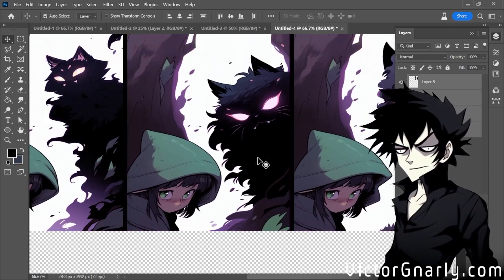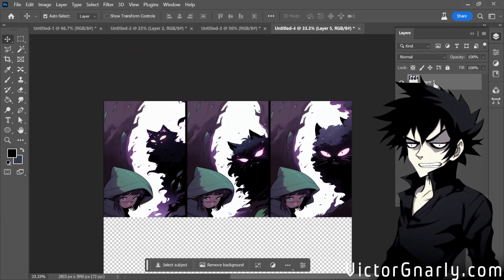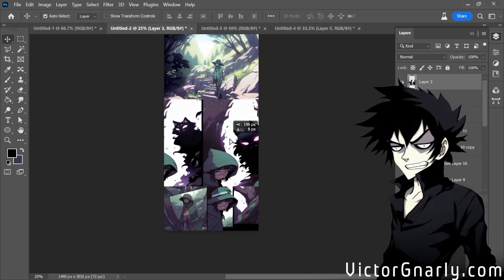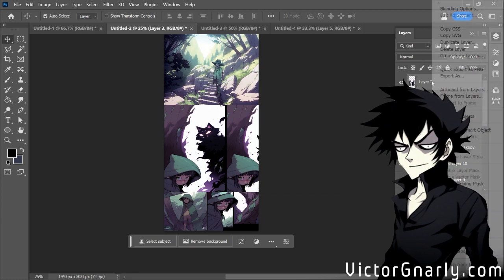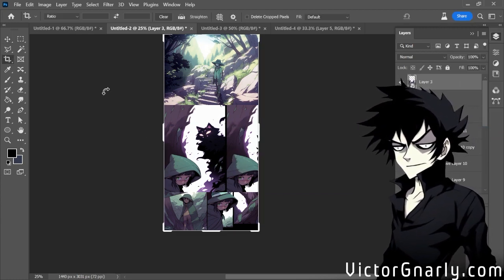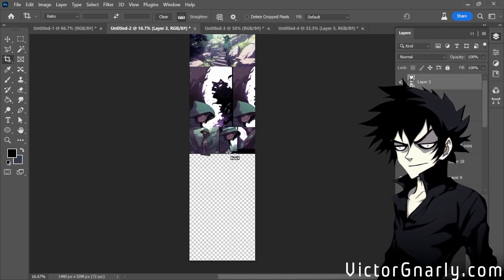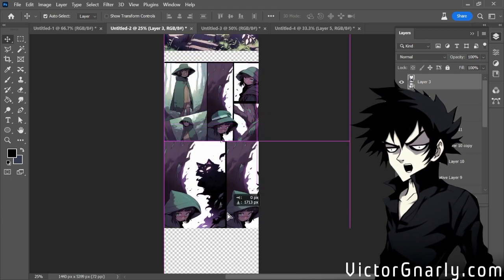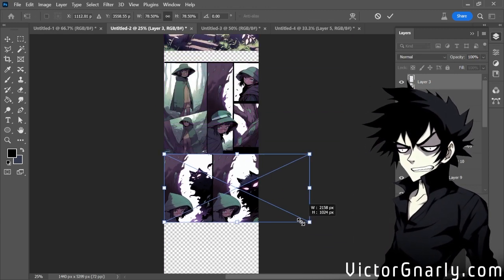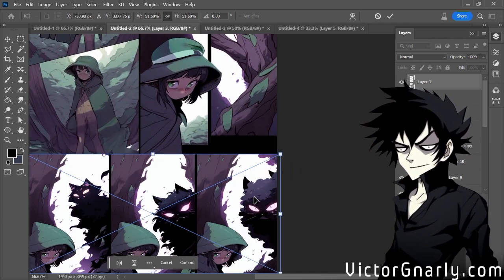I'm going to take a look at this real quick, looking good. Merge that all together, and then bring that to our original canvas here. See how much bigger it is. Make it into a smart object, so if I do want to make these panels bigger in the future, I can. And I'm just going to drag that down. And slowly but surely, much faster than normal, we are generating our story here.